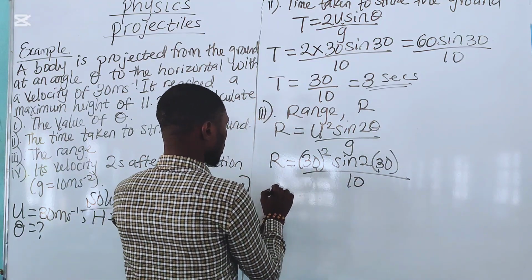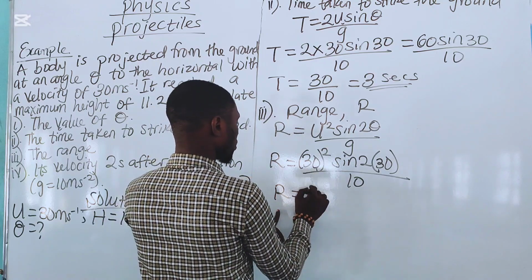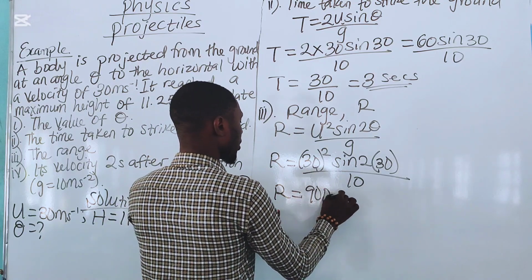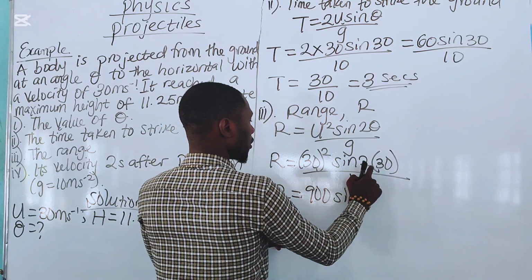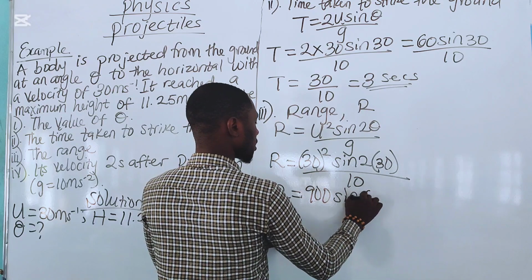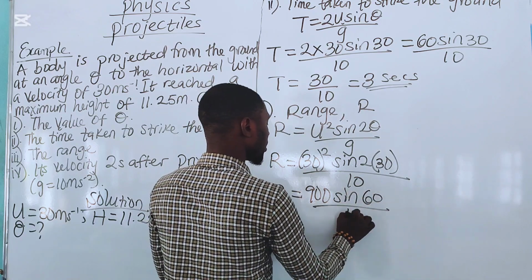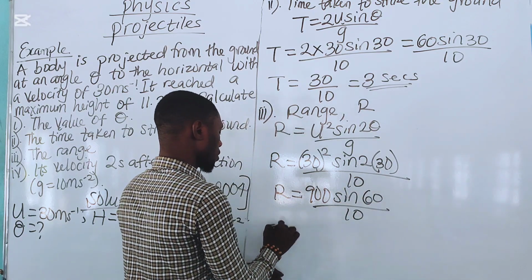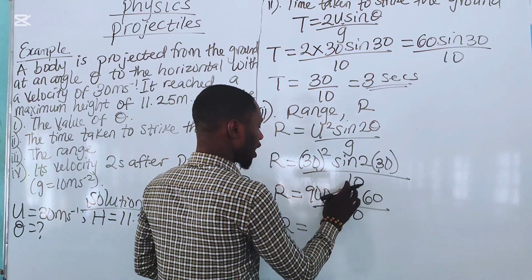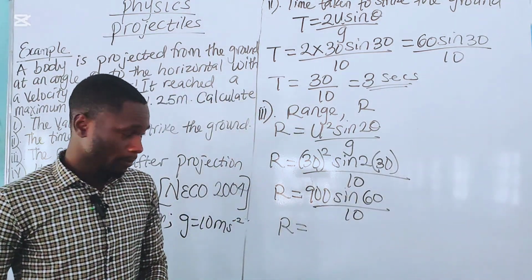So that will give us our range to be 30 squared, which is 900, sine of 2 times 30, which is 60, then divided by 10. So our range now becomes 900 times sine 60,